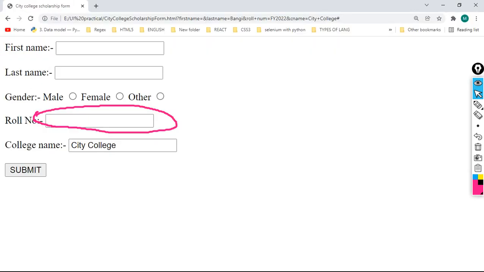Now let's observe here. Is there any cursor? No, there is no cursor. So as soon as I refresh the page, where will my cursor be? That you need to focus on. Refresh. See, as soon as I refresh, the focus came at the input field of roll number.